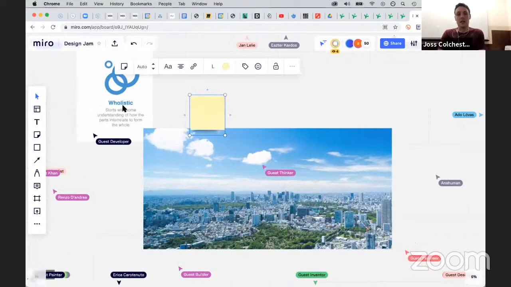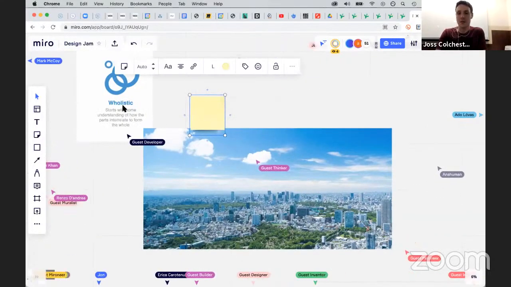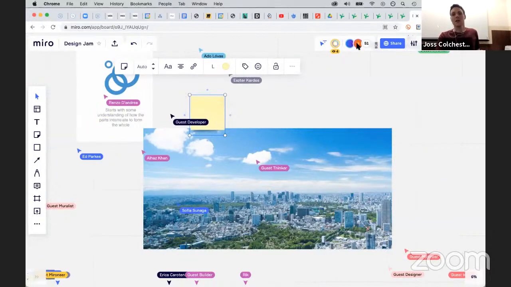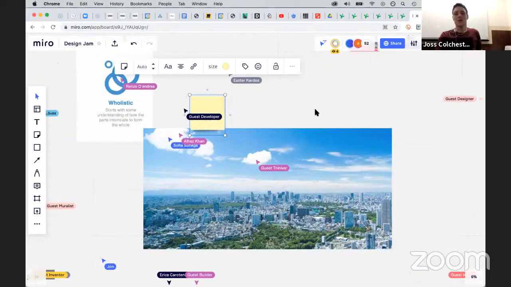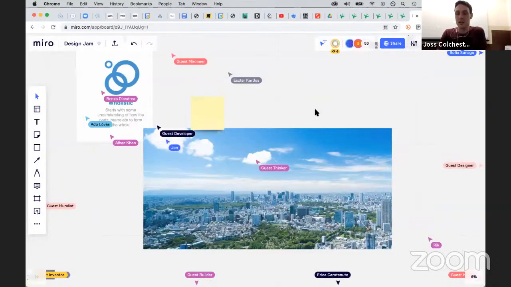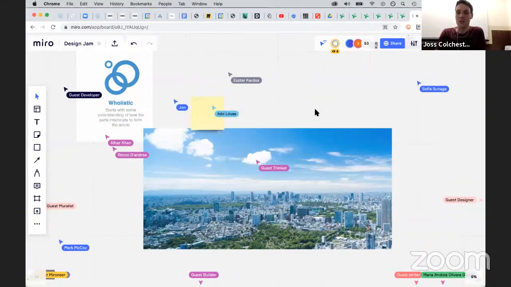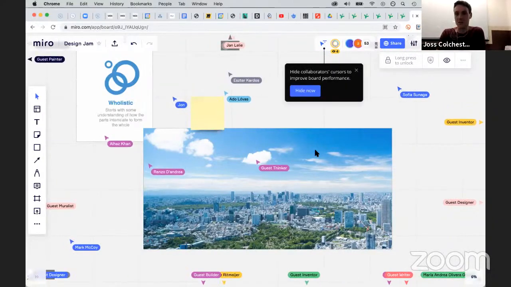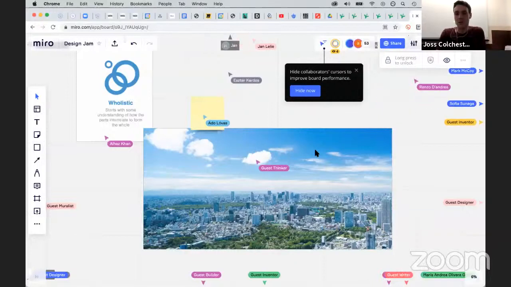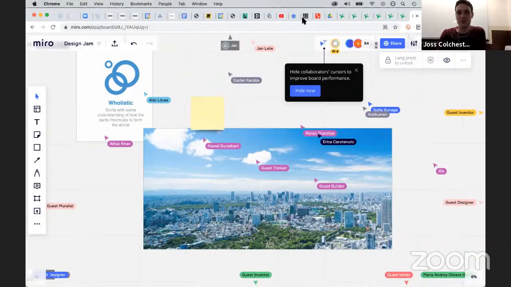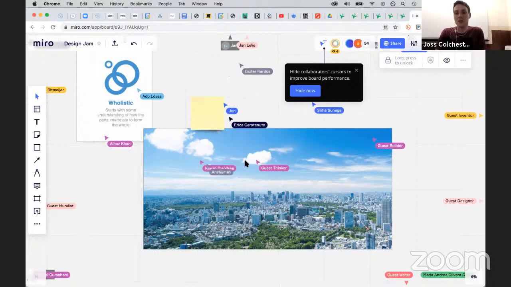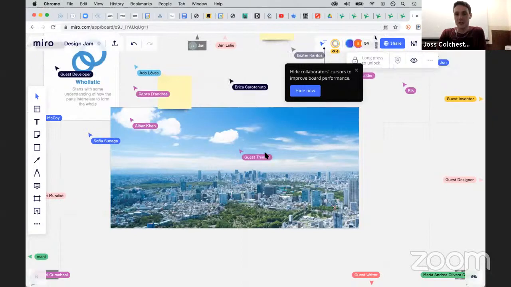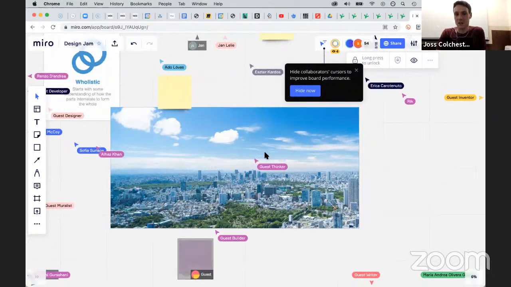And take this idea here of holism, and I want you to tell me what you think that is about in the context of design. Or can you give me some examples? And use this image here to help spark your imagination and see what you come up with. What is holism as a principle? We're talking about design principles here. What does this mean, say, in the context of what we're looking at here? Cities. How can we design cities in a holistic way?